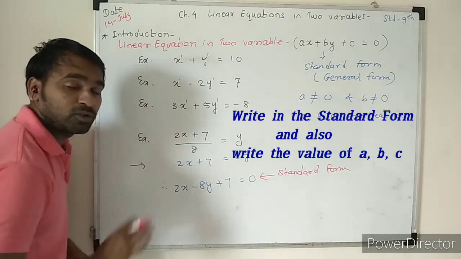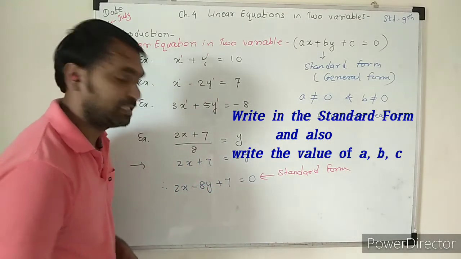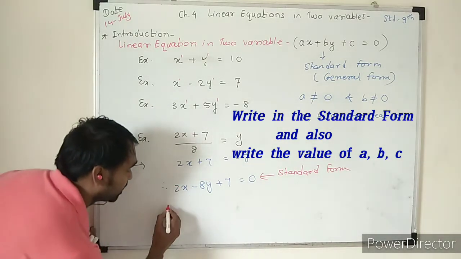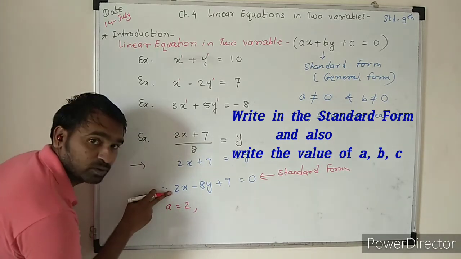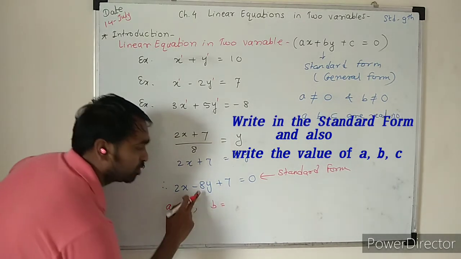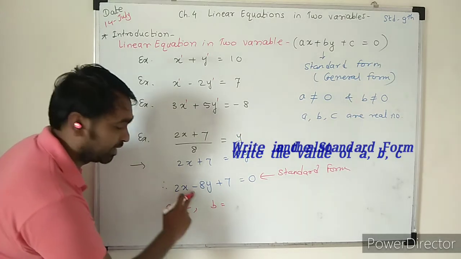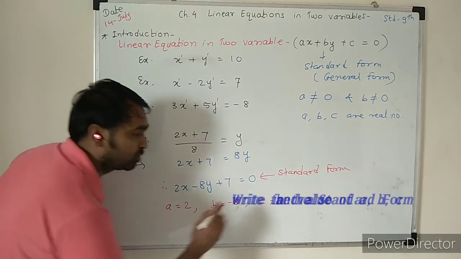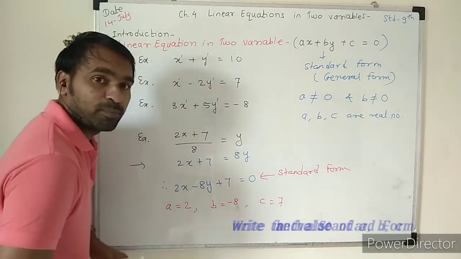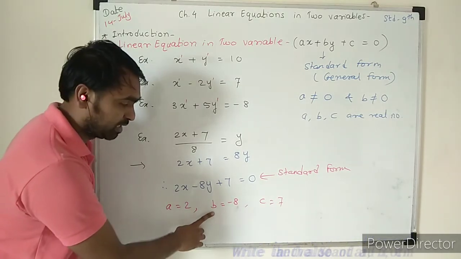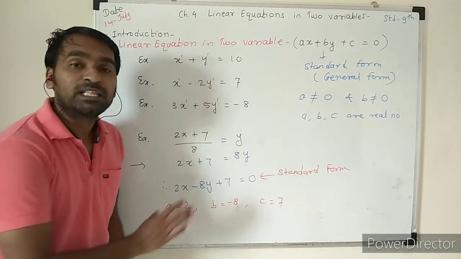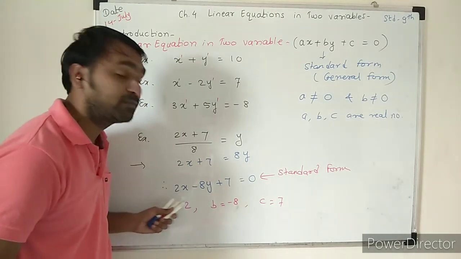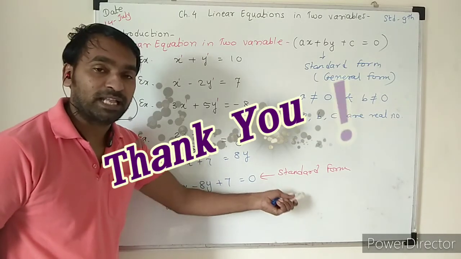Now you have to write the values of a, b and c. What is the value of a? A is connected to the x variable, so a is equal to 2, that is positive 2. Next, b is 8, but which symbol is there? Negative. So b is equal to negative 8. And c is equal to positive 7. So a is equal to 2, b is equal to minus 8, c is equal to 7. This way you have to write the values of a, b and c. You have to write first in standard form and then after that